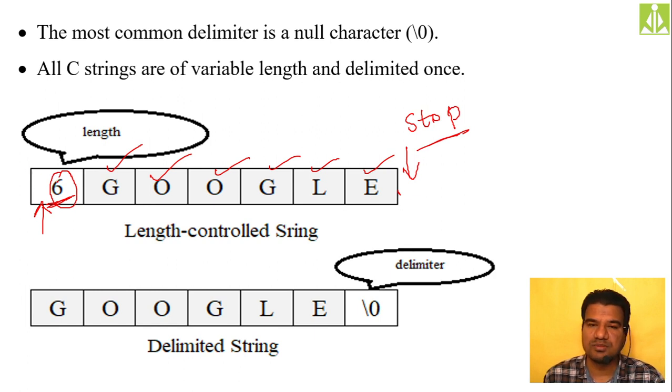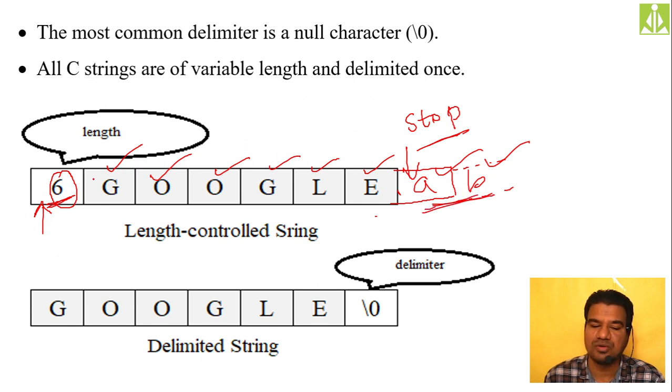If there is no concept of this length control, then the compiler will not know where to stop. So it will keep on reading whatever characters we have, because computer memory is a continuous thing, isn't it? We are going to have all sequential memory locations in the computer. So after this E also, whatever unwanted characters we are going to have over here, let us say it is having A, B, like that, it will read those as well, because those things are not our string, isn't it?